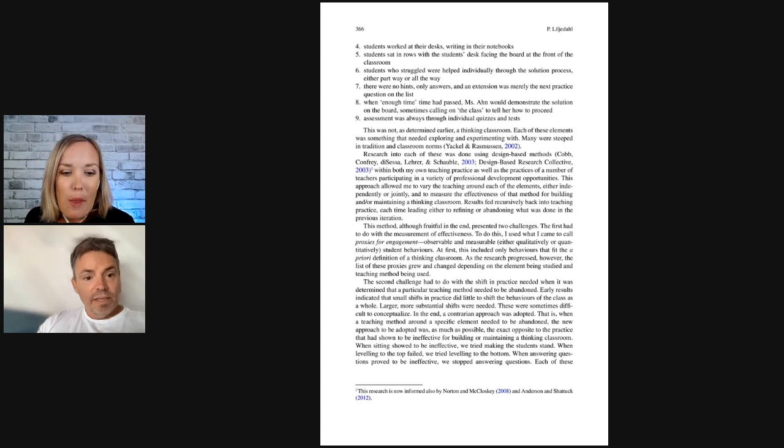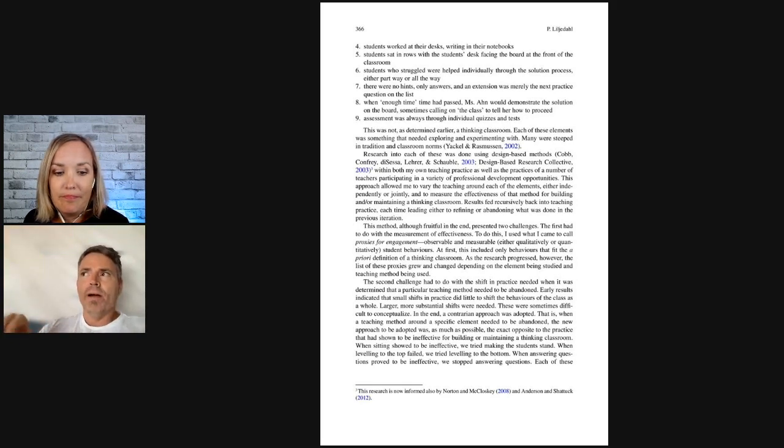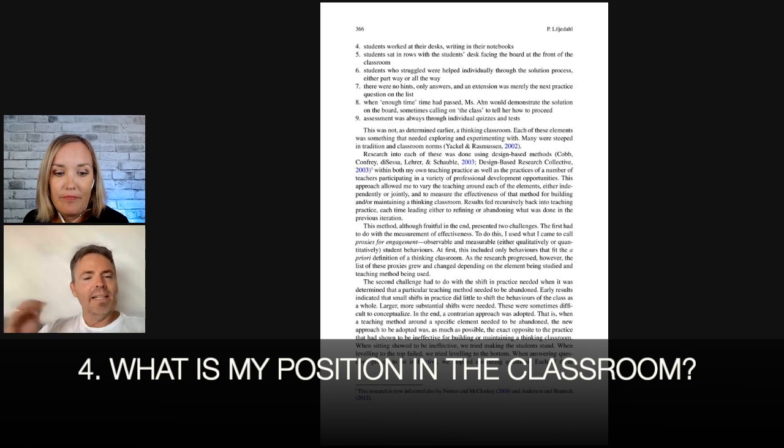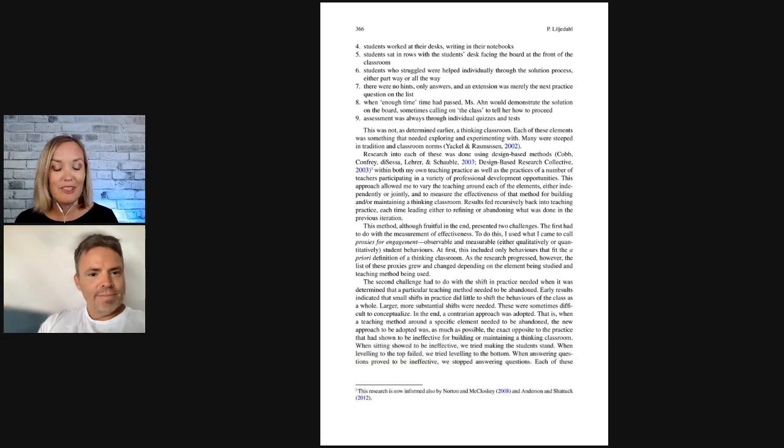Okay. And the last thing we're going to talk about, even though there's more in here, is the teacher's position. I'm going to put it in a question. What is my position in the classroom? Oh yeah. So what Mark's actually saying is if you think about your classroom yesterday or Friday, where were you for most of that class? If you were at the front of the room, where your desk is, and all students, or anyone walking in from outside, can tell where the front wall is, then you're probably not following current research in your classroom, because that means